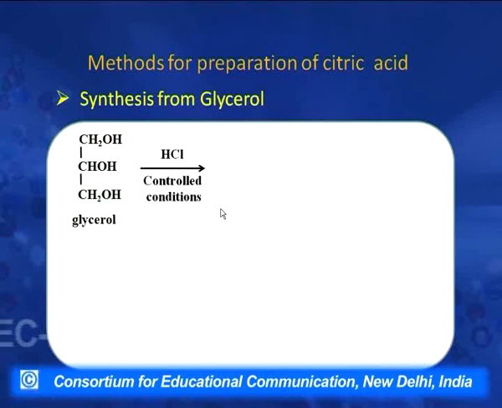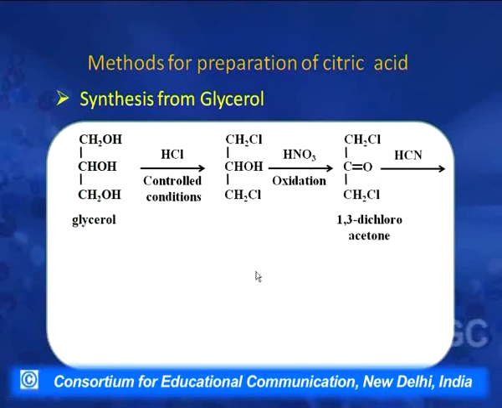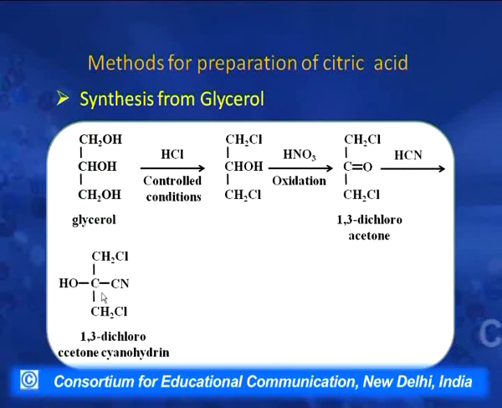This on treatment with HCl gives us a dichloro derivative, where the primary hydroxyl groups are replaced by Cl. Then it is oxidized by a mild reagent, and this secondary alcohol group gets oxidized into the corresponding ketone. Then to this ketone, addition of HCN is carried out and we get a cyanohydrin, on this carbon a cyano and OH. Then it is treated with KCN, both the Cl groups are also replaced by CN, and now we get